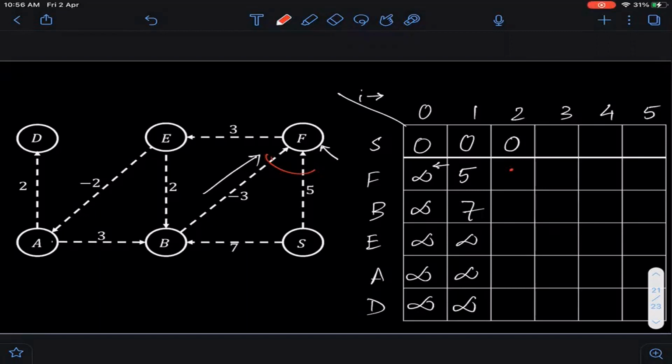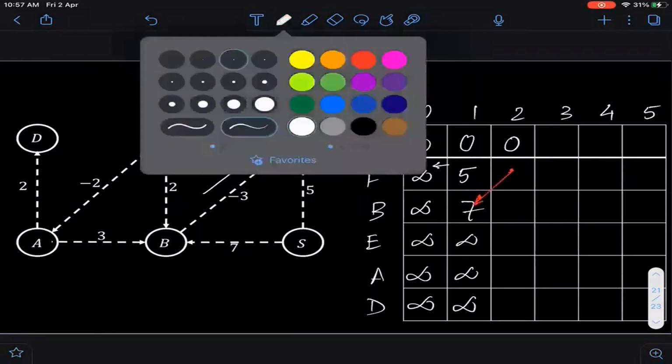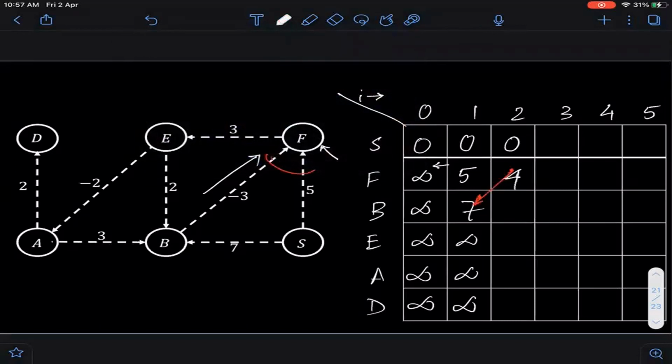Now, what is B comma F giving me? I look at the column on my left and I look at the corresponding entry for B, and this entry is 7. The recurrence tells me that you take this entry and you add the length of this edge. If I do that, then that gives me a value of 4. So clearly 4 wins here. Essentially I'm fetching the value from here this time. So this should be 4.